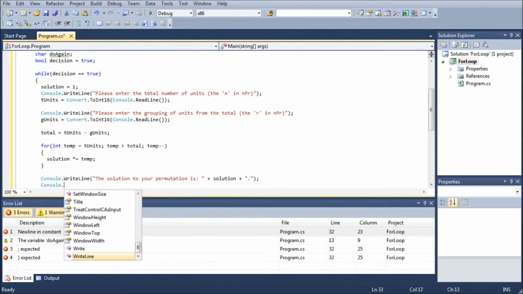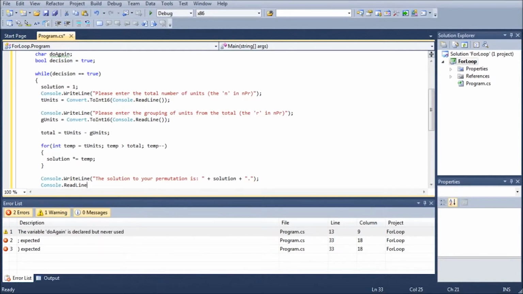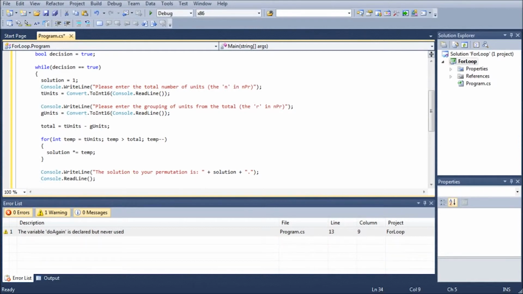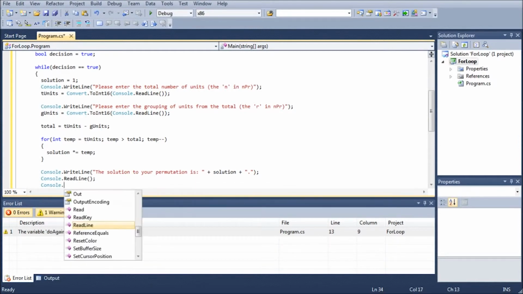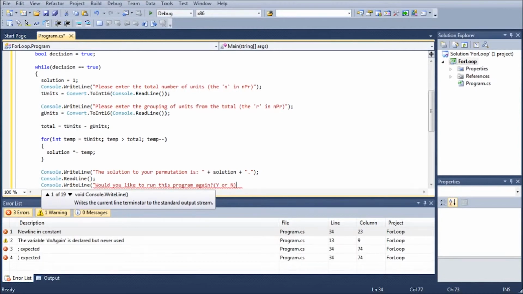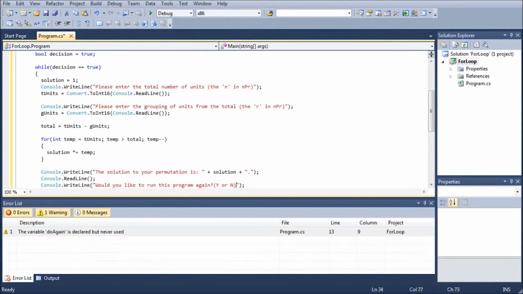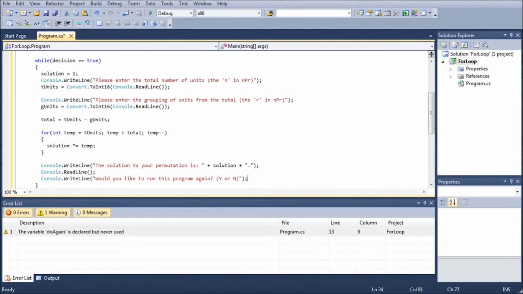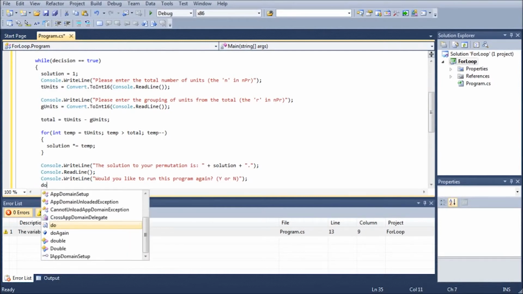Now, here are your choices. You can either do read line to pause the program and have them prompt, or you can get rid of the read line and just do console.writeLine, "Would you like to run this program again? Y or N." Alrighty. I'm going to close out the quotes, parentheses, etc. Got an extra space there. And then we're going to do again